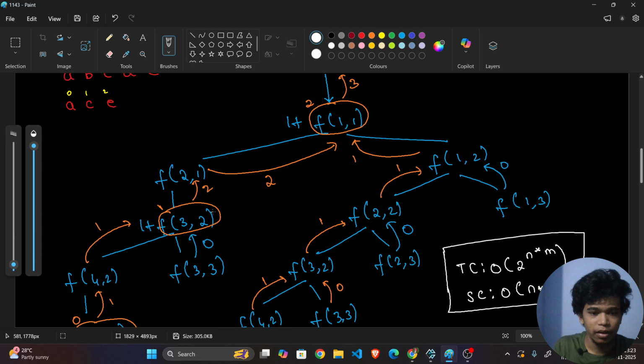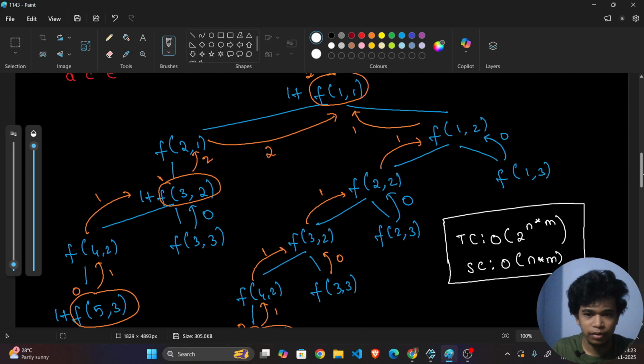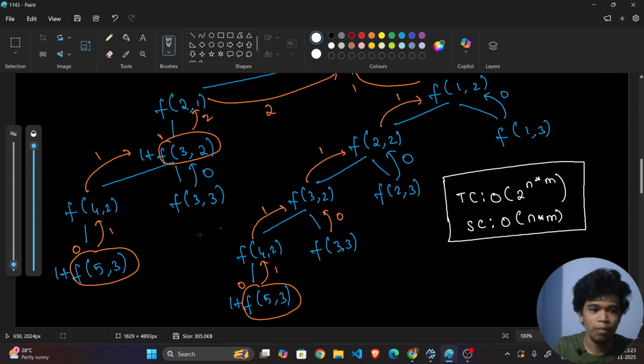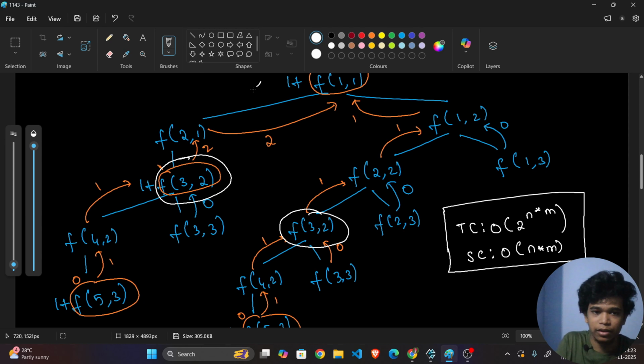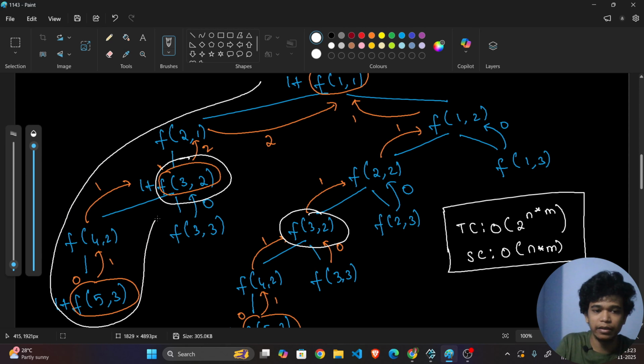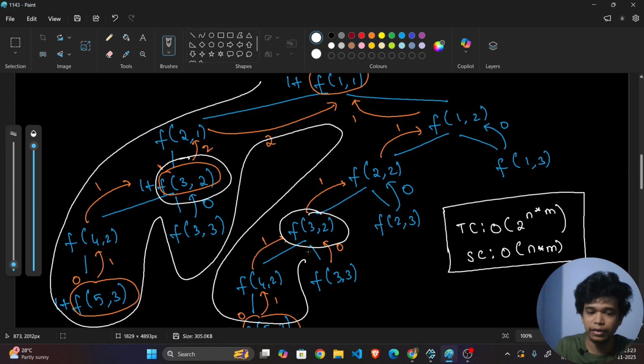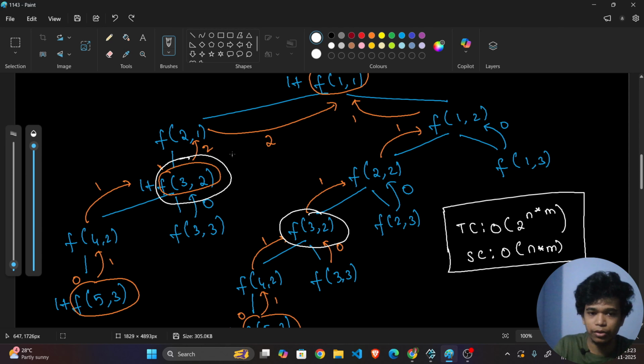See here, first of all, something is repeating. See here comes 3, 2. Here comes 3, 2. Here also it is 3, 2. As you already know, our recursion is a DFS solution, right? So it will go up to the depth and return back, go up to the depth, then return back, like that. So from this I can tell you, this 3, 2 will be encountered first itself, and its value is